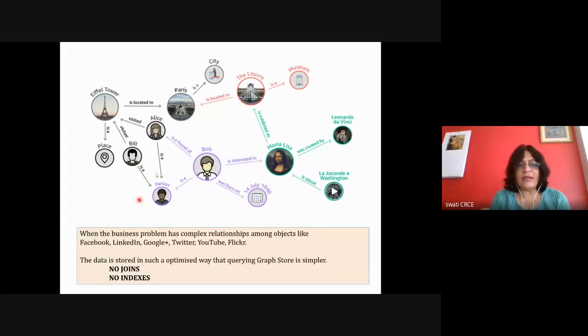Then see the example. Actually, I have told you this, but because of the gap between lectures, I'm just revising this. Here you can see we can do this kind of thing, with concepts connected to each other, or entities connected to each other.